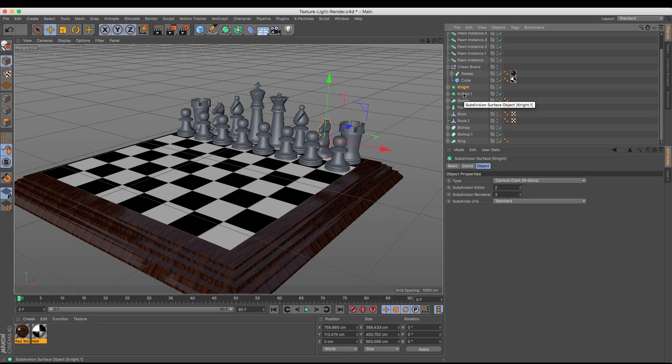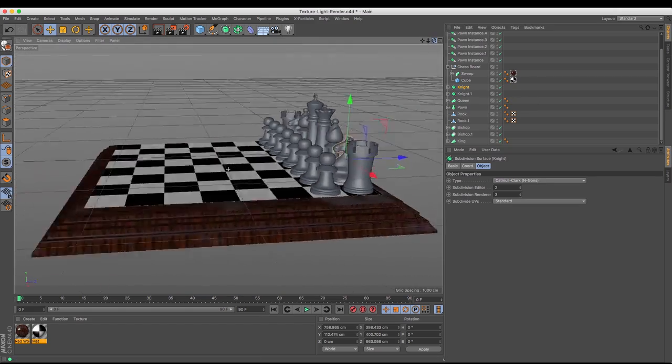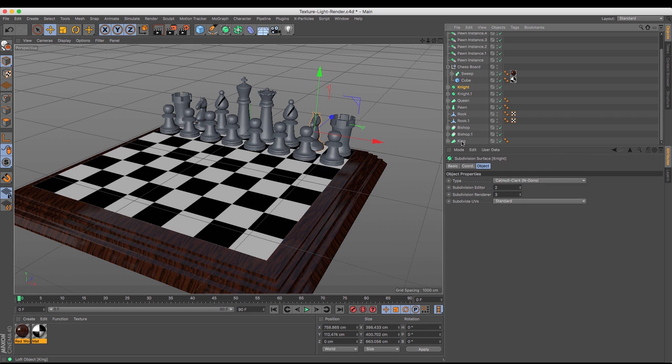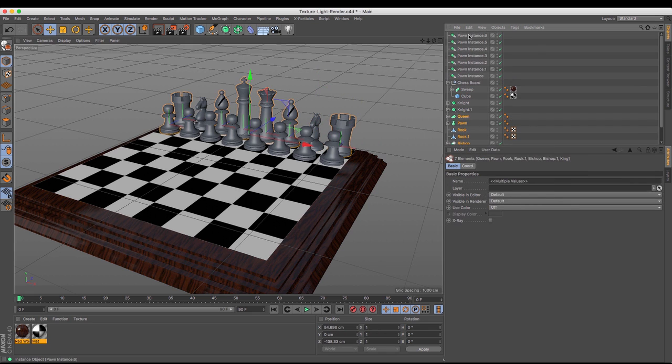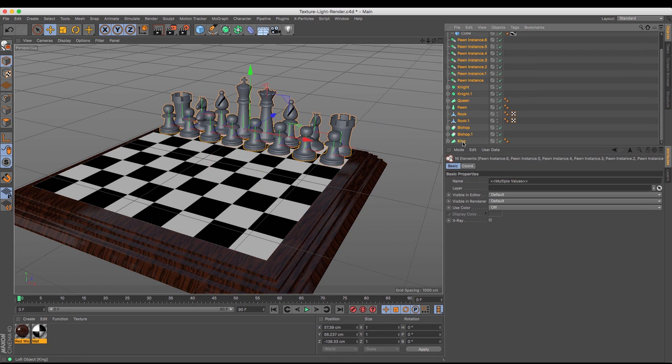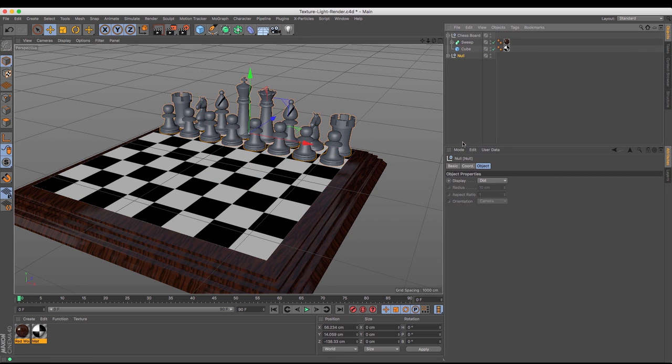Now, easiest thing to do in order to get these guys over the other side, okay, I can just select all of them. Okay, I'll need all of those pawn instances as well, so I'm just going to move the chessboard out of the way. So select all of those, and I'm just going to group them. Okay, and just label them